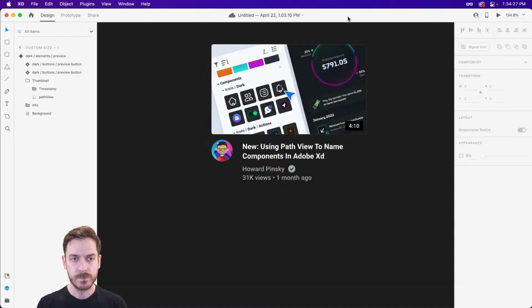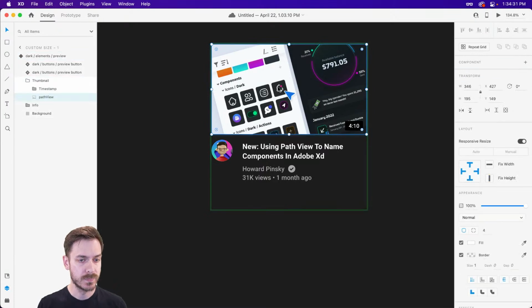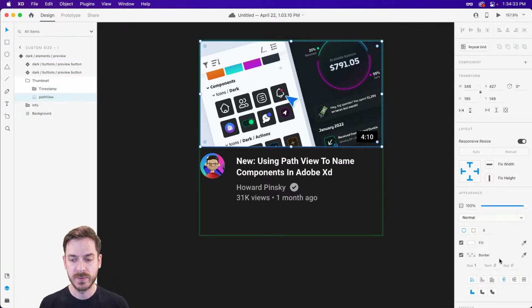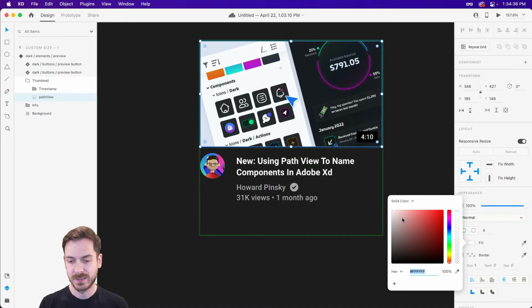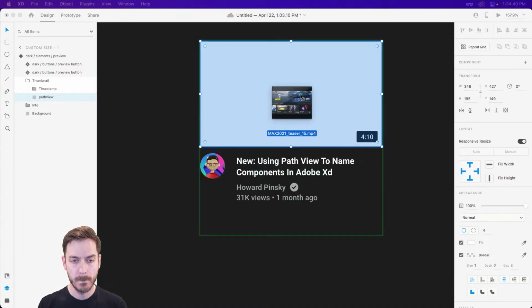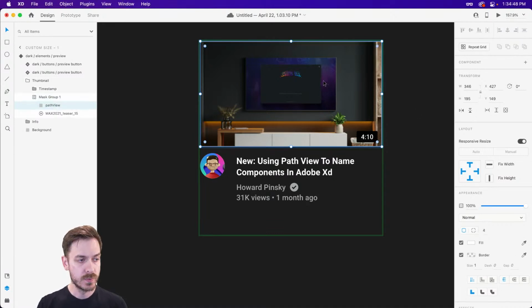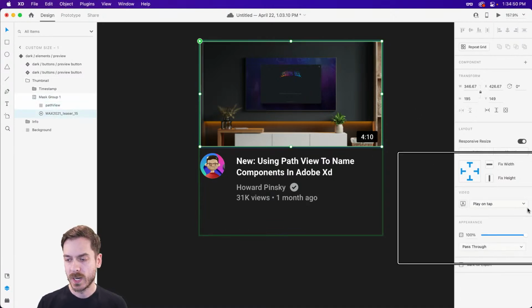So what we want to do is, I'm going to dive in here on the main component, and this we actually want to replace with a video. So if I go ahead and set this to a solid color, I can drag a video right in there. Now, this isn't necessarily the video that corresponds to that thumbnail you just saw, but we're going to run with this. Now, if we hop over and grab the video, right over here to the right,